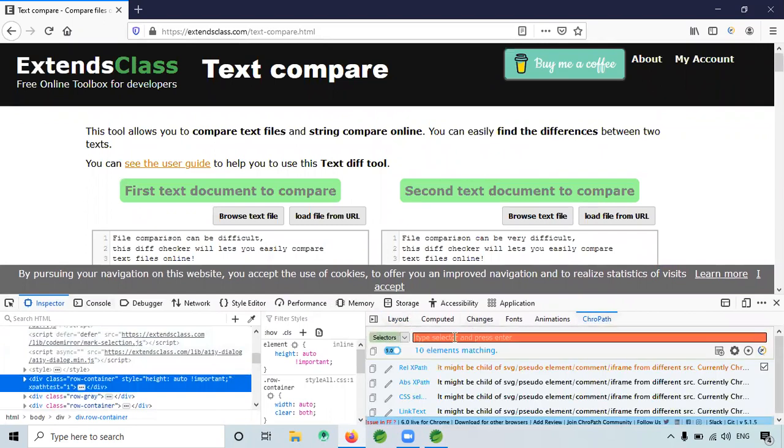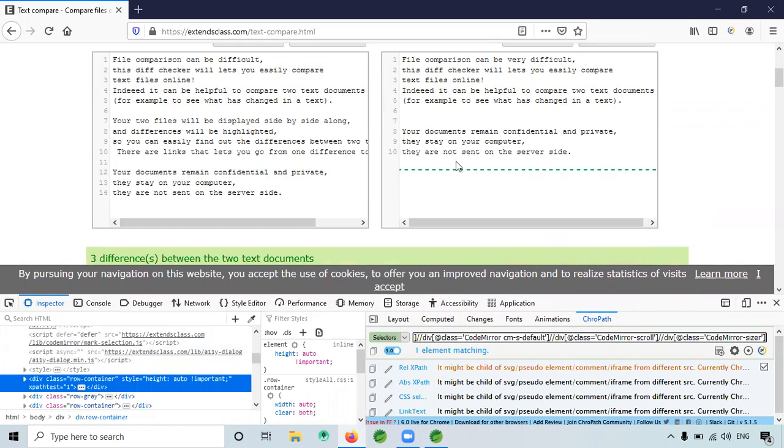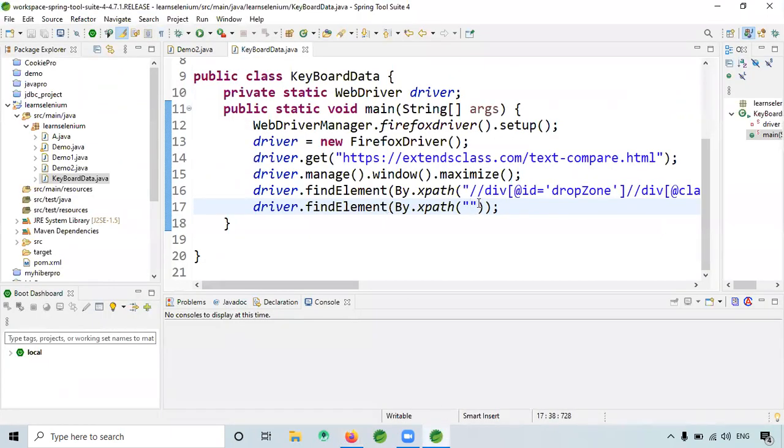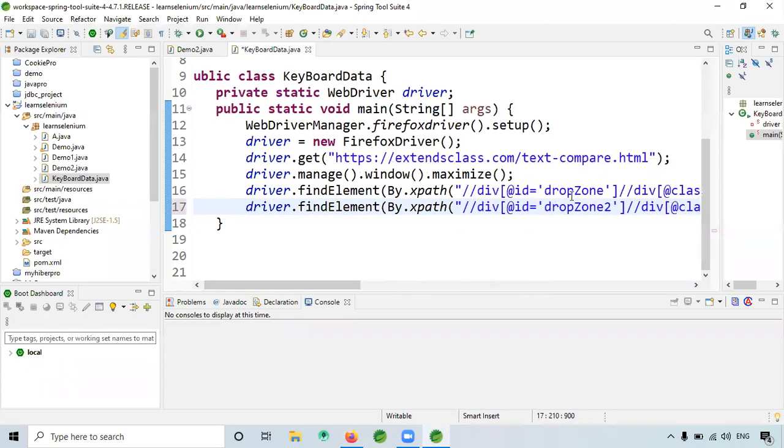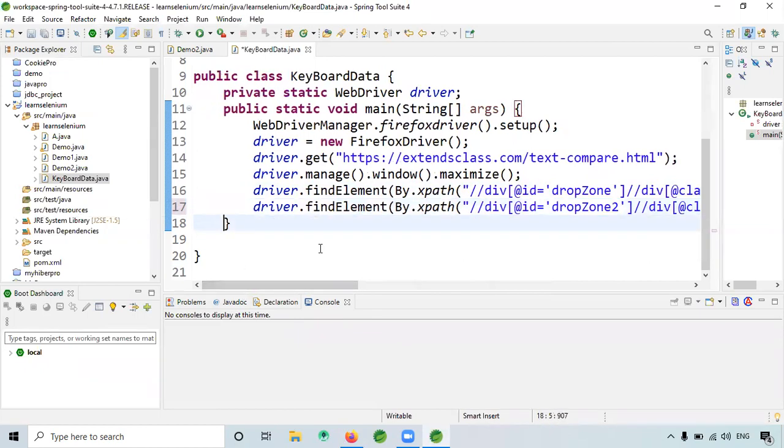Copy XPath. Paste and check. Okay, so it is selecting now. Same thing, I'm just pasting here. See here, drop zone and drop zone 2. Okay. So now we got the XPath.